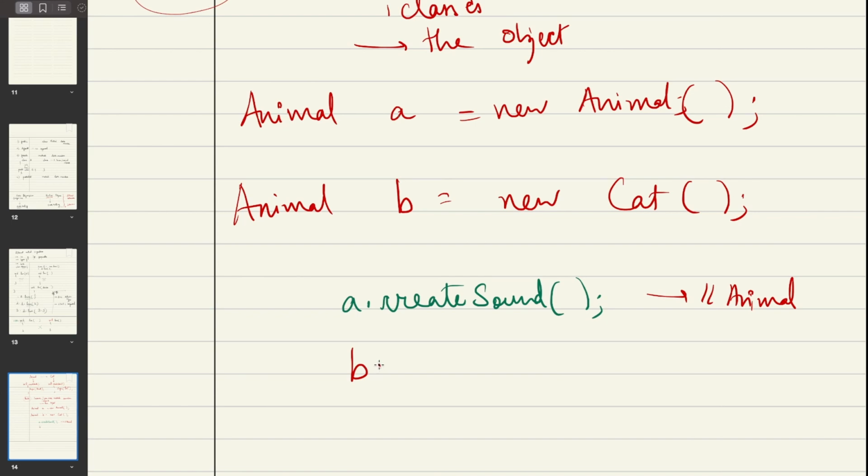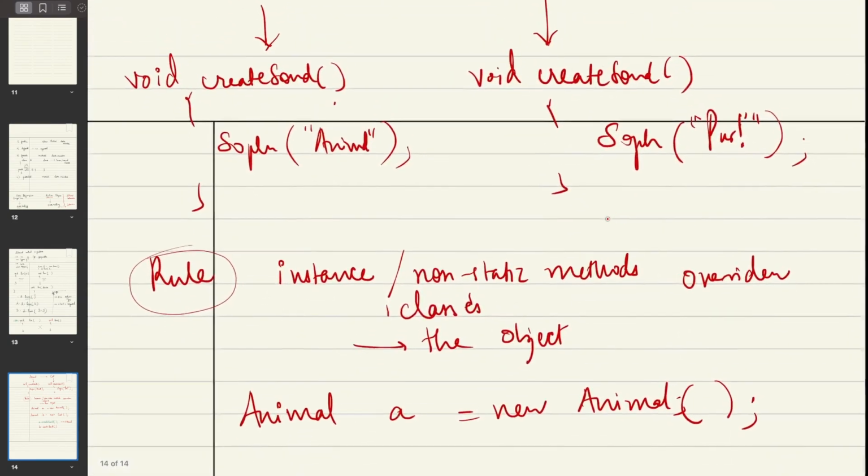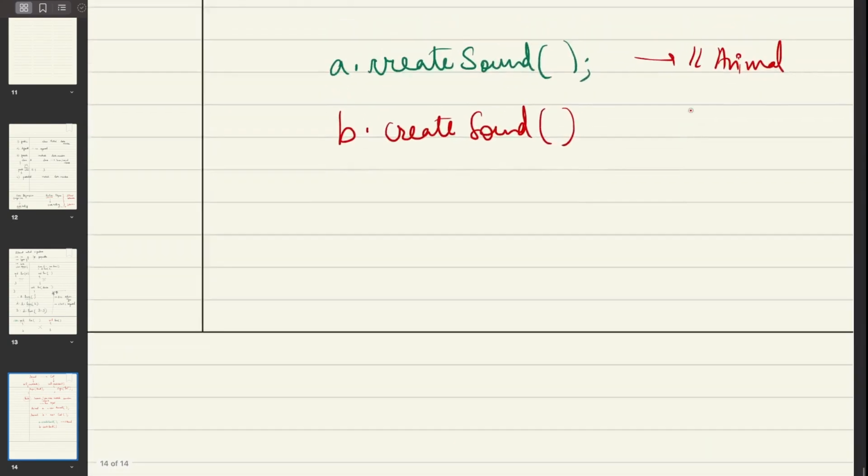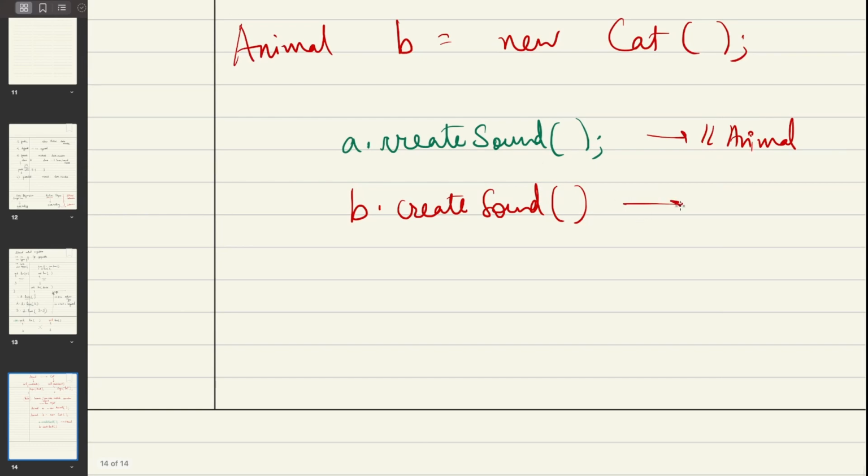Now when I say b dot create sound, as you see, though the reference is of the parent, the object is what? The object is of the child. So which version of create sound will be called? The version which has been defined in the class cat, which is the child class. In this case, we have the word purr. So I am going to get purr here,